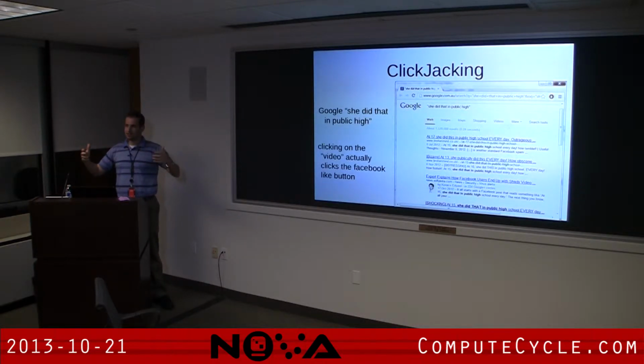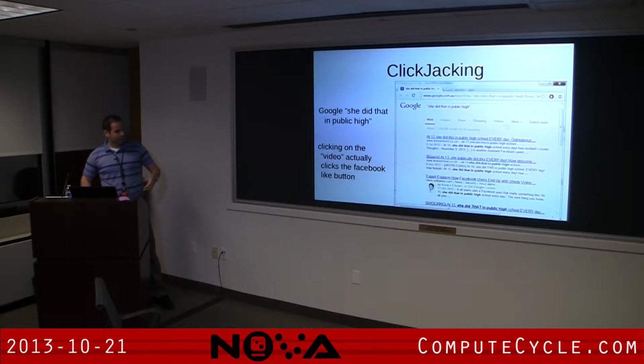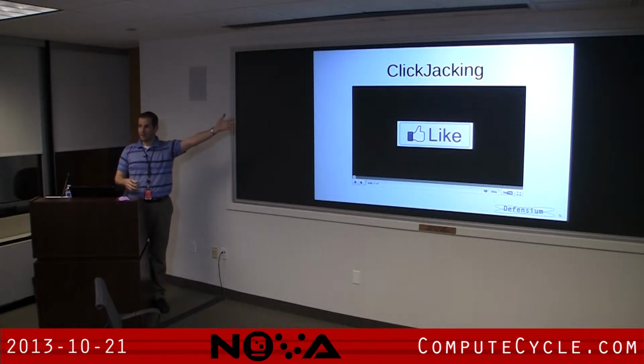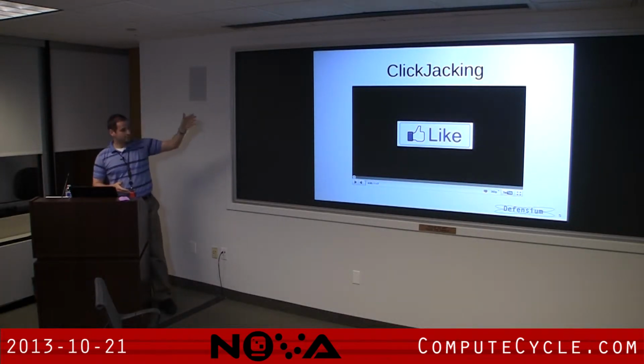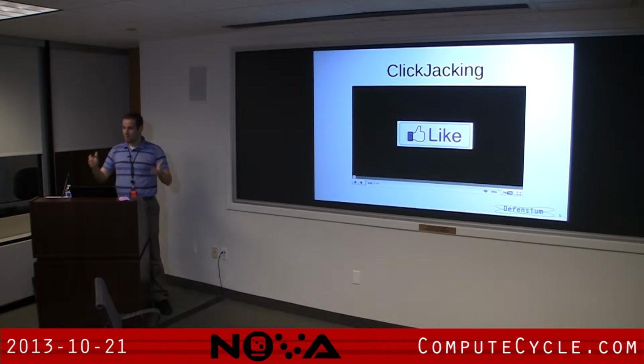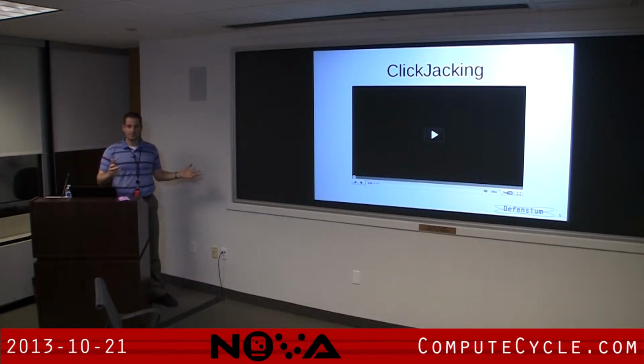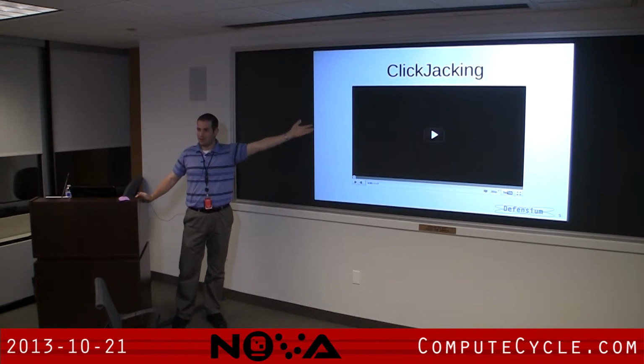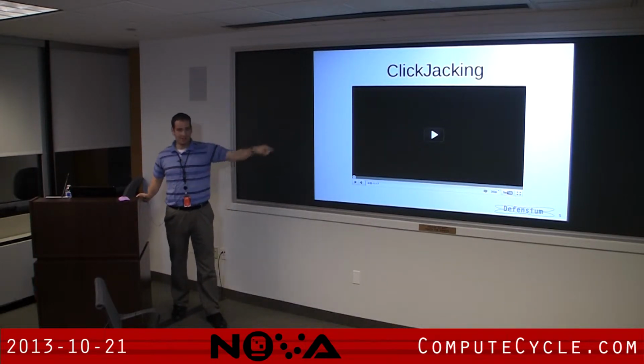This was a clickjacking Facebook worm. What happens is you were on Facebook and you saw one of your friends liked this video called "She Did That in Public Eye," and it had this little PG-rated picture. So you're like, okay, my friend liked this. What is this thing? So you click on it, and it took you to a page like this. Looks like YouTube. There's a big like button on it, but the like button was invisible. So what you saw was this. And what's the first thing you're going to do when you see this? You're going to click right in the middle there.